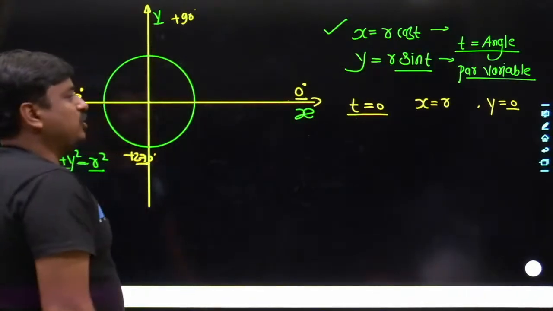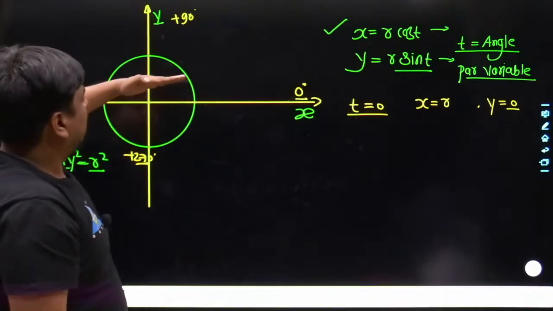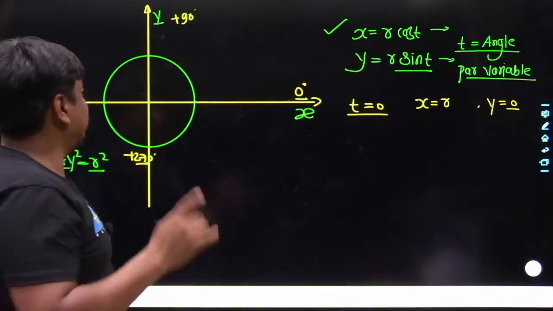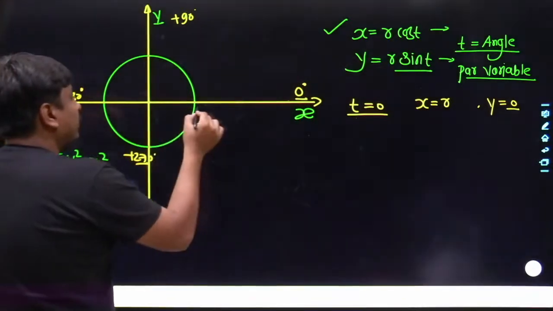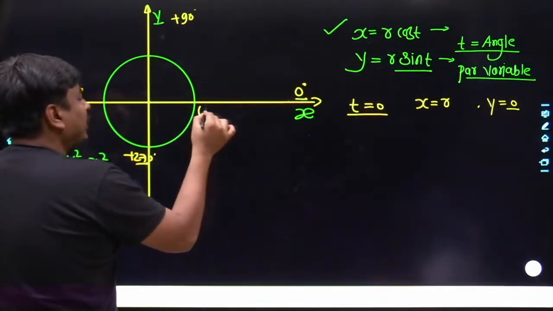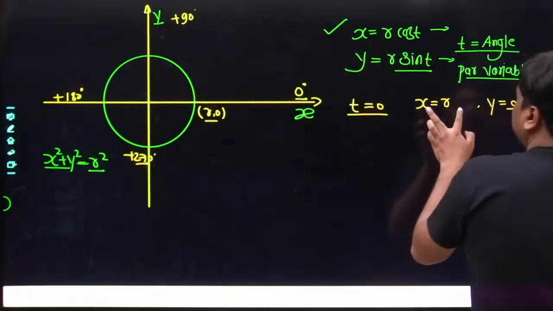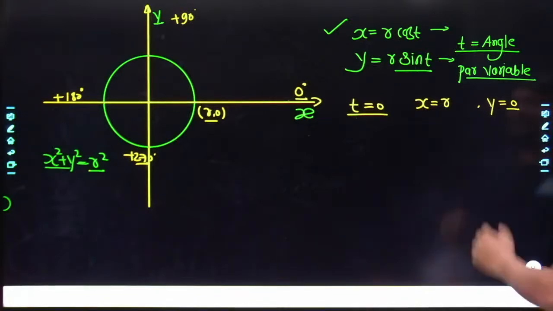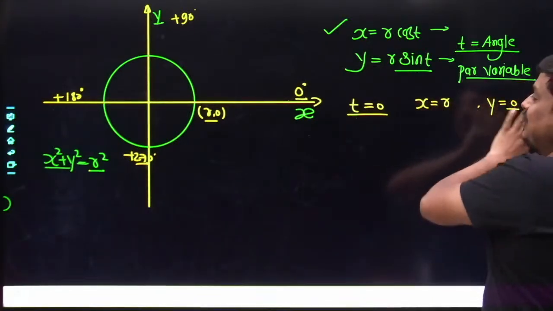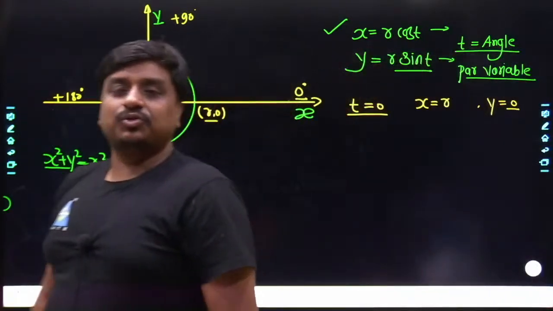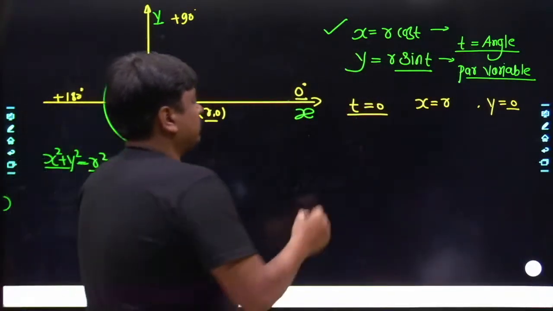When t was 0, you yourself would be able to understand where your point lies. That point lies over the positive x-axis with the radial distance of r. Definitely the coordinate has to be r comma 0. At t equals 0 precisely, you reach the point r comma 0. Similarly, if you move ahead and take t equals 90 degrees,